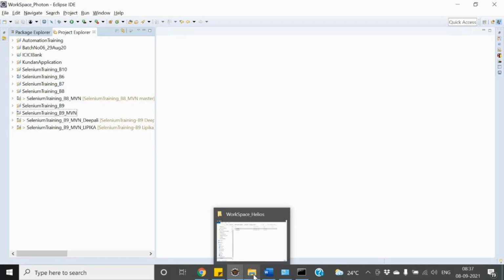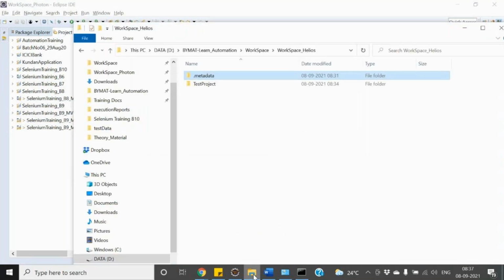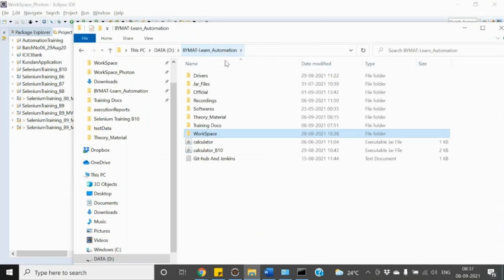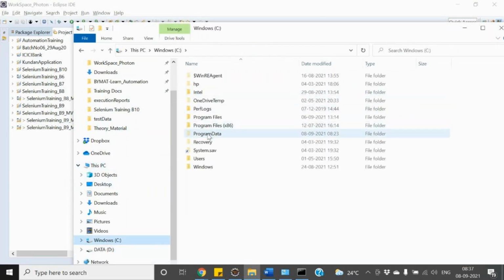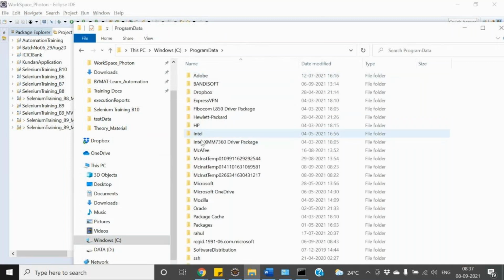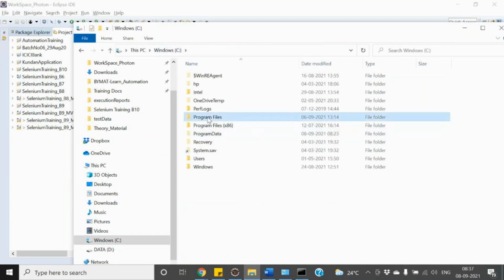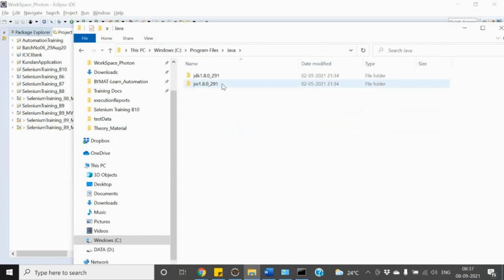No. When we install the JDK, by default we get these two folders, as we just saw. If you install JDK 1.8, by default you'll get them: the JDK and the JRE.